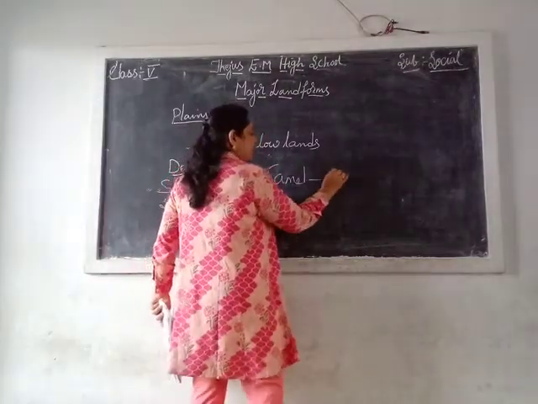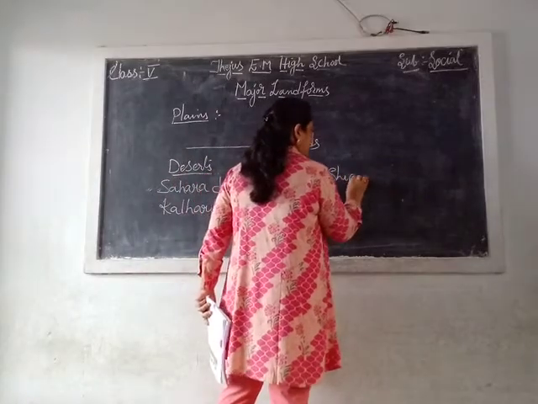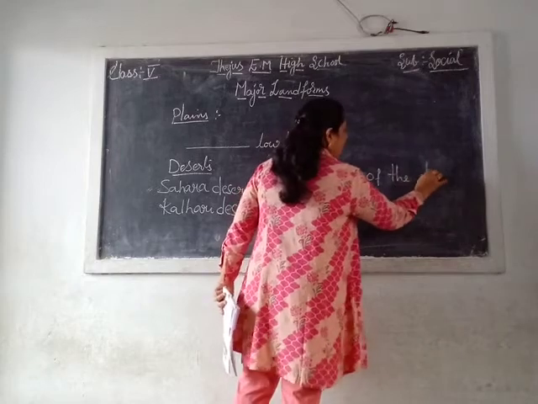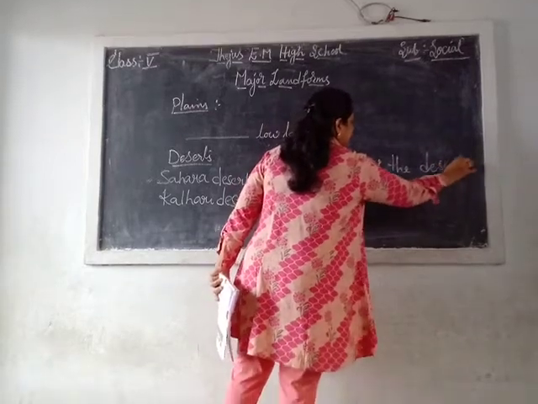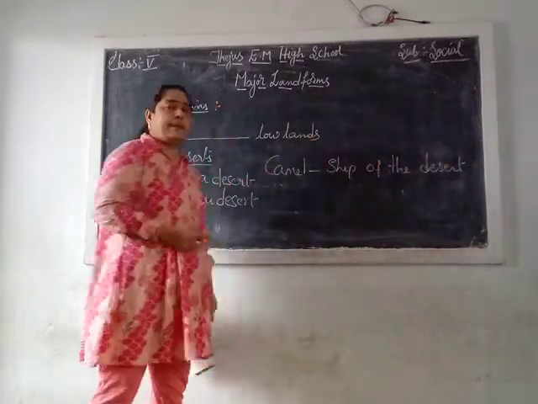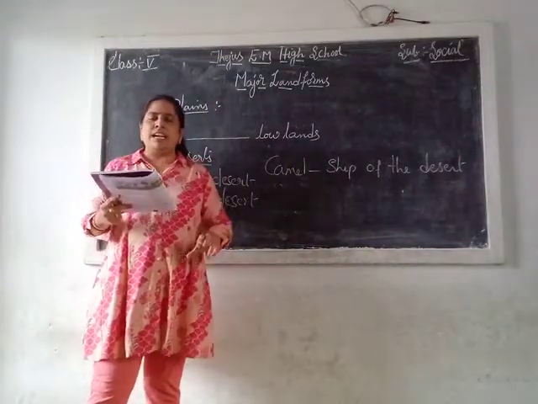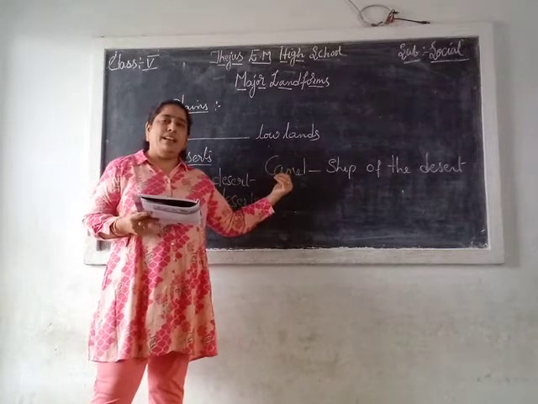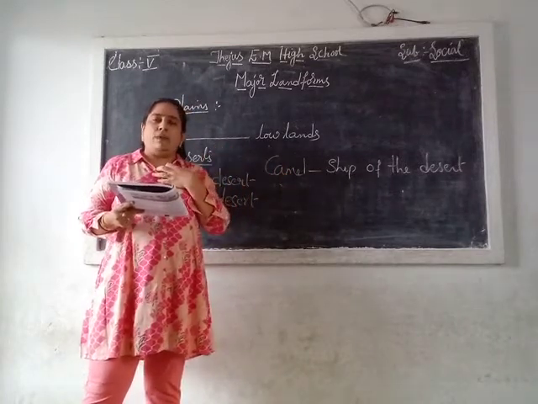Camel is called the ship of the desert. Why is it called the ship of the desert? Because in that place, only this animal can survive. Why? Because it has long legs, and even though the camel takes water only one time,